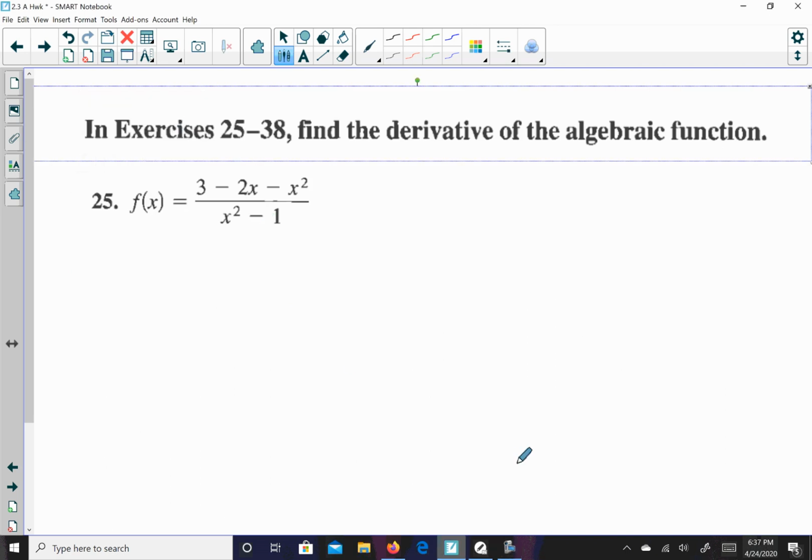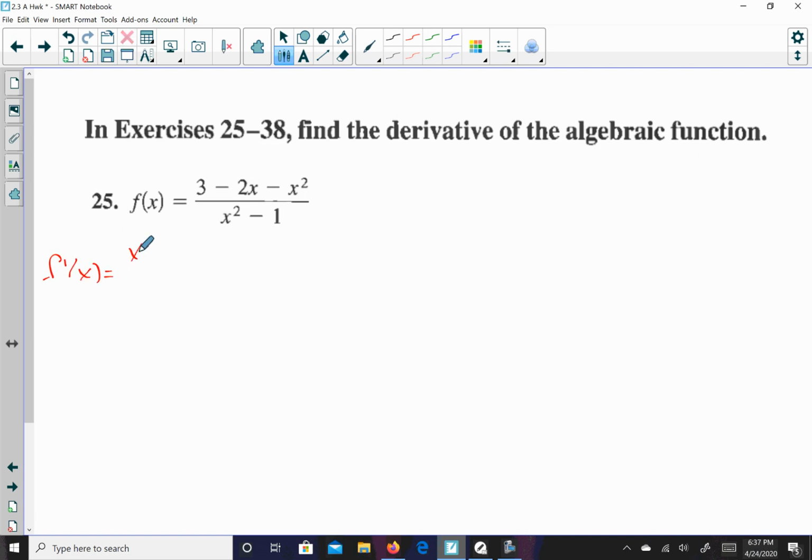Okay, number 25 says find the derivative of the algebraic function. So you're going to take the derivative. I have a quotient, so I'm going to use the quotient rule. When I go to take the derivative, I'm going to leave the denominator alone and take the derivative of the numerator. So the derivative of 3 is 0. The derivative of negative 2x will just be negative 2. The derivative of negative x squared will be negative 2x